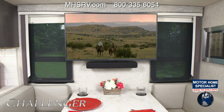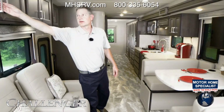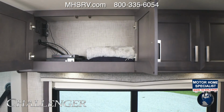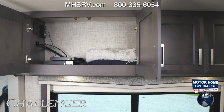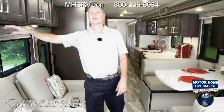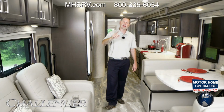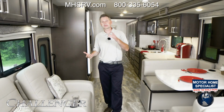And what's great about the way we have this set up for entertainment is right up here, we do have a Blu-ray player, we do have an HDMI switcher, and we do have plenty of storage for whatever else you want to carry with you. Now with that HDMI switcher, if you want to hook up a video game, go ahead. Want to hook up a streaming device, go right ahead. And you can stream or play your favorite games or favorite shows because